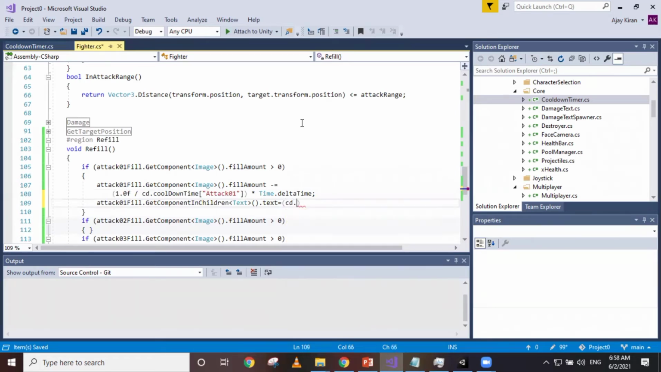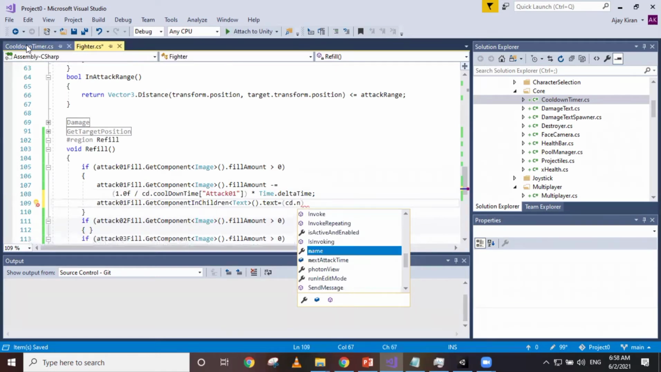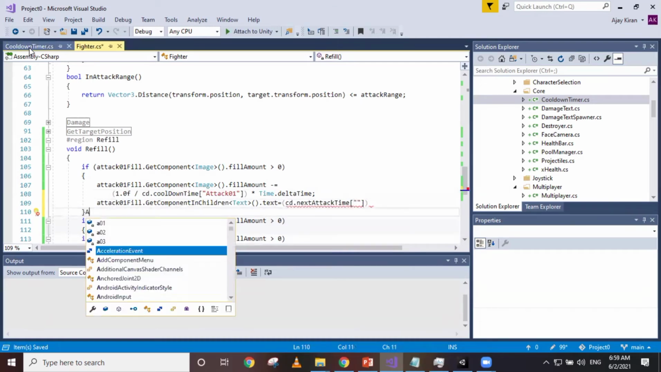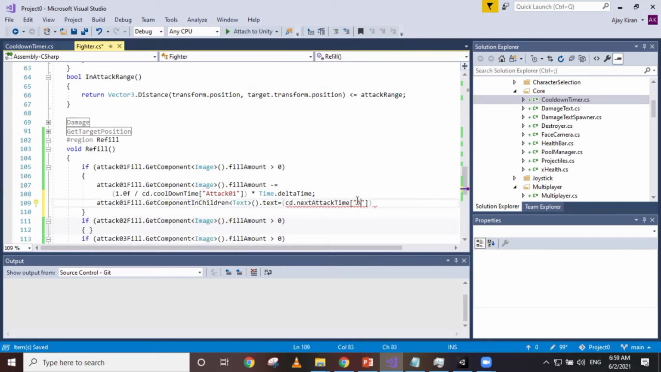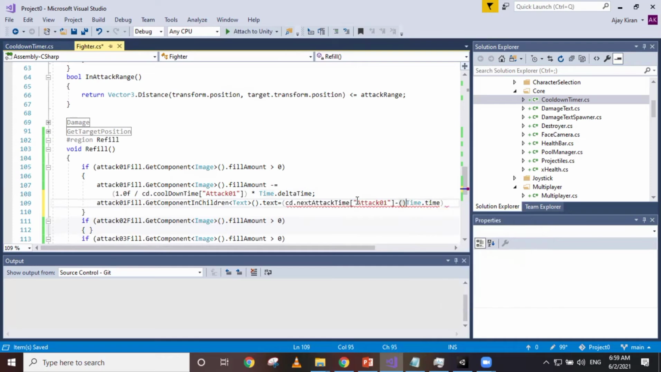So cd, here cd is a reference to our cooldown timer class which we made yesterday. Again, I'll be putting a link to that in the description as well, so you can check it out. Dot next attack time. So yesterday we set up our next attack time to be equal to cooldown time plus time dot time every time we attack. So it's going to be next attack time of attack one minus time dot time, and again here we need to cast time dot time to integer